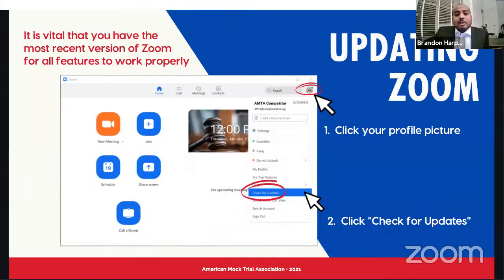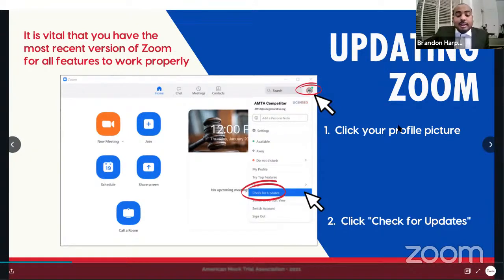Here's one of the most important things that I will say tonight. Please make sure that right before your regional starts, you and everyone else on your team and everyone else who plans to be with your team during the competition weekend uses the most up-to-date version of Zoom. Zoom is constantly updating itself, almost on a weekly basis. So please make sure that right before your regional competition, you update your computer with the most recent version of Zoom. All of the AMTA representatives and AMTA volunteers are doing that. All of the AMTA judges have been instructed to do that. And this slide and the next slide show you how to make it happen.